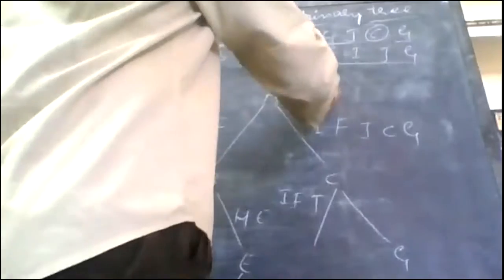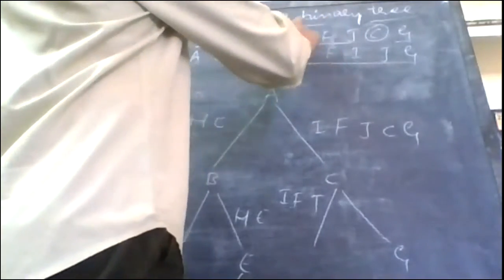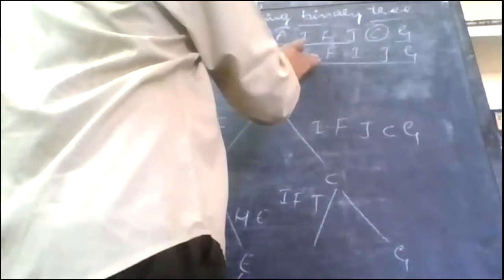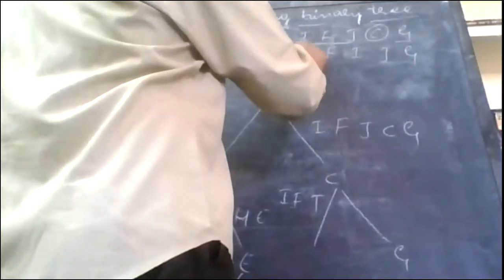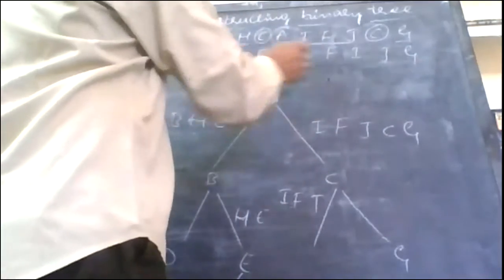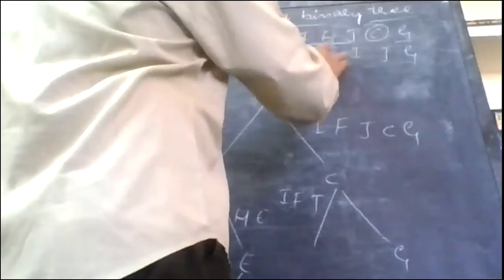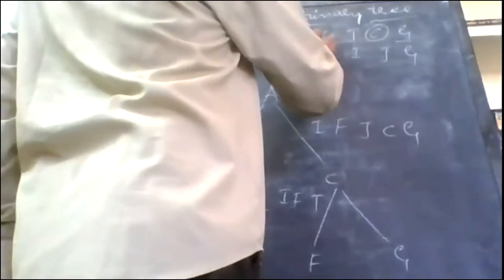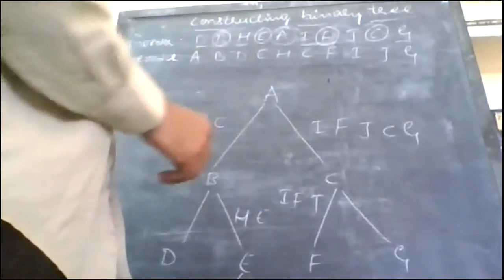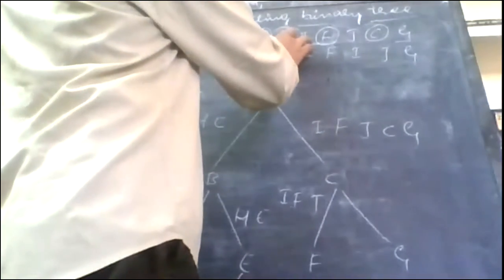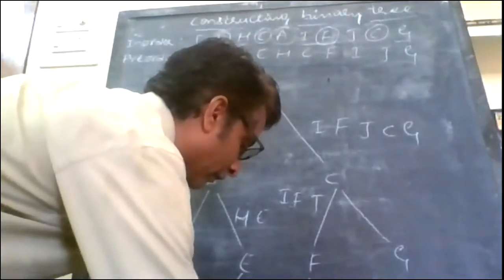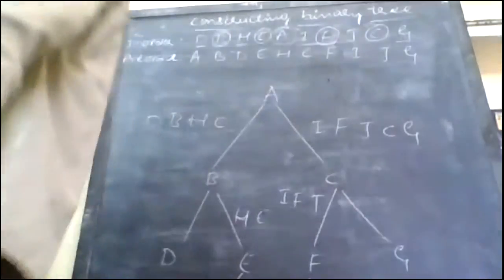Okay. Now among these 3 elements, again I find I, F, J. Now I need to scan from here. C is already scanned. Now I need to scan from pre-order, that is F, I, J. I find the first element is F, which means it will be the root. Now I need to mention the same thing in where? In in-order. If I do so, what do I find? I find I on the left side and J on the right side. So I will be on the left side and J will be on the right side.